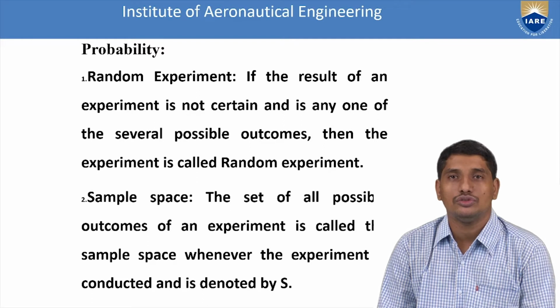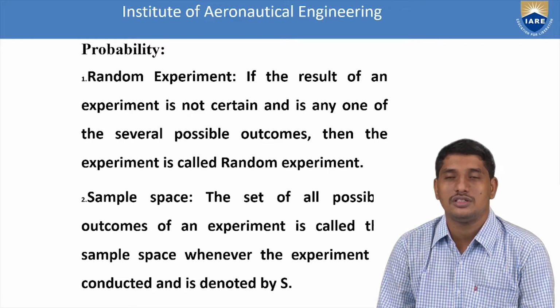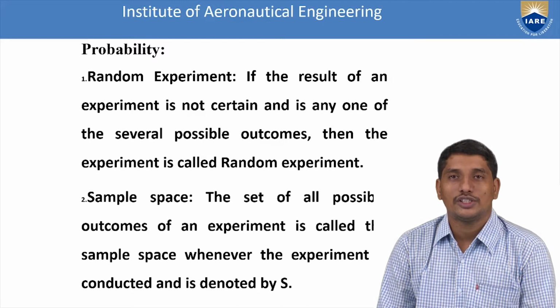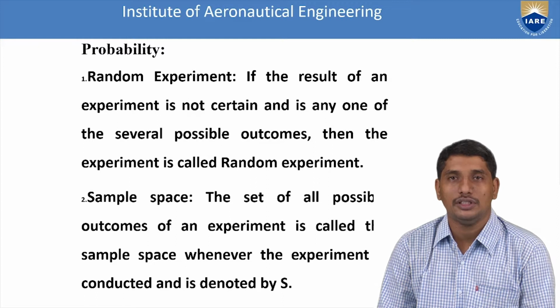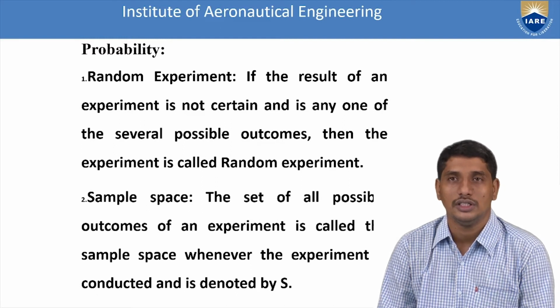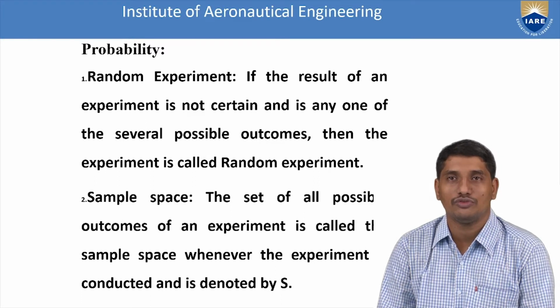We also know what we mean by an event. An event is nothing but any subset of the sample space. We also discussed mutually exclusive events. That means if A happens, B never happens, and if B happens, it will not allow A to happen. That is, A and B cannot happen simultaneously. That is called mutually exclusive. In the same way, we defined equally likely events, and we also saw the axioms: axiom of positivity, axiom of certainty, axiom of union.